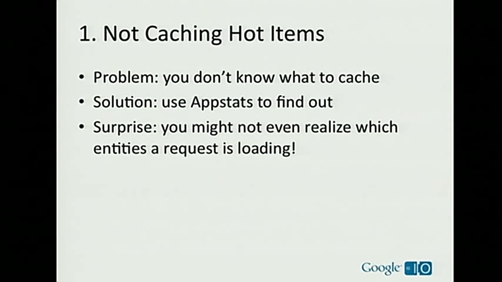So issue number one, and this is the most basic one. This is where you start off when you're first looking at performance for an app that you haven't looked at performance at all. The problem is you don't actually know what to cache. So what do you do? Well, you could start thinking about it, analyze what requests the users are making, and try to follow the code path through your application. And very quickly you get lost because you don't actually know if it's taking this or that branch of a